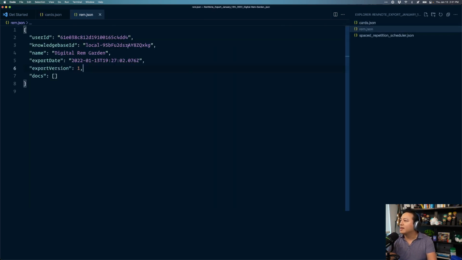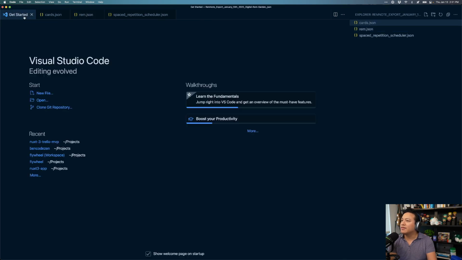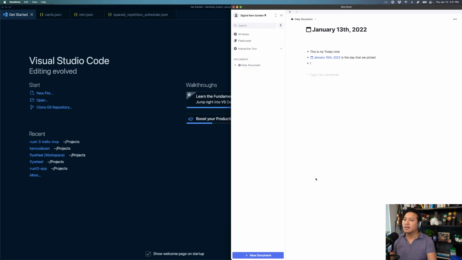Here's the rem, user ID, knowledge base ID. Okay, that's fine. Space repetition scheduler. Wait, where's my note? I should have a note somewhere. That's totally what I'm expecting. All right, so